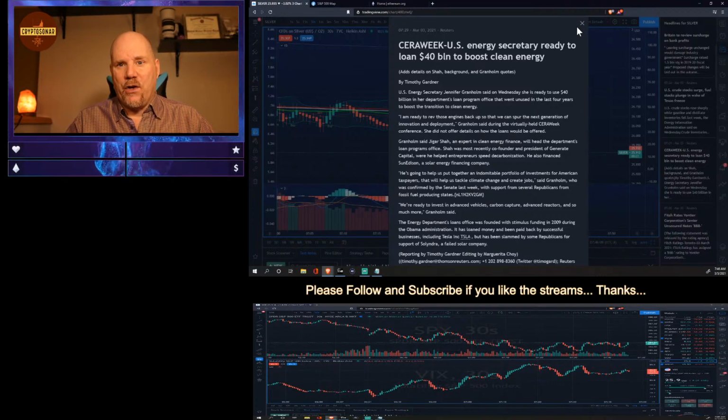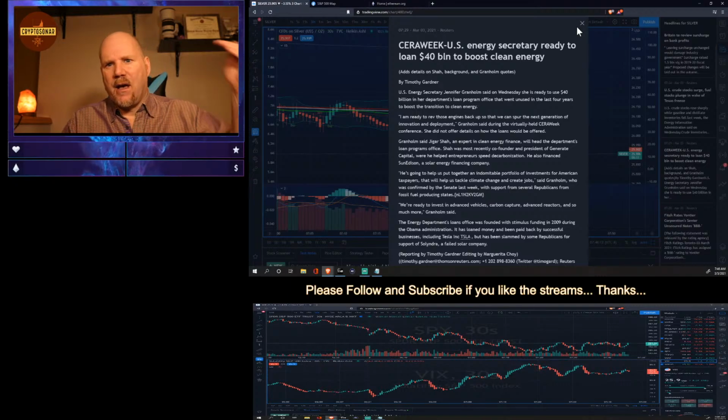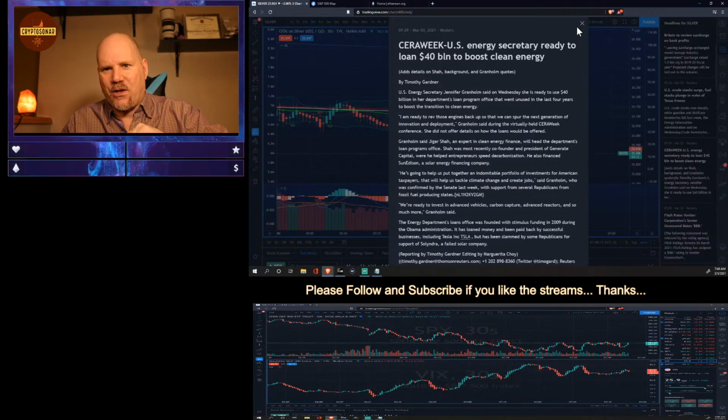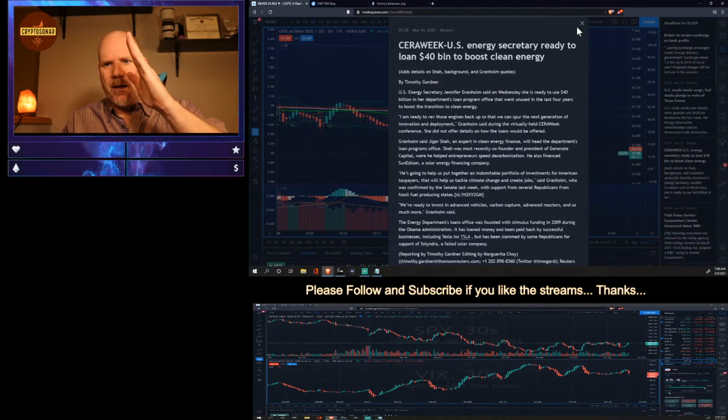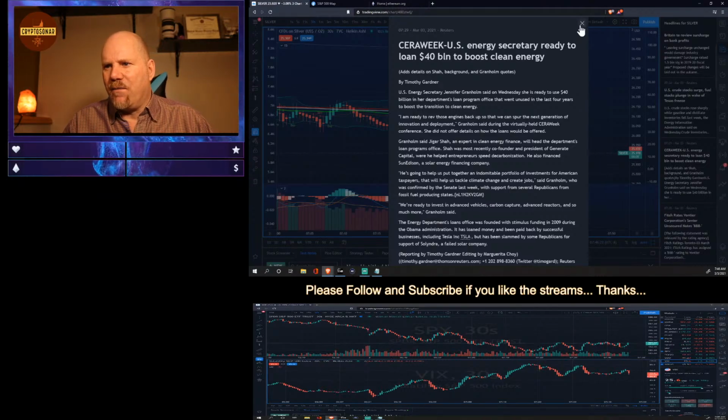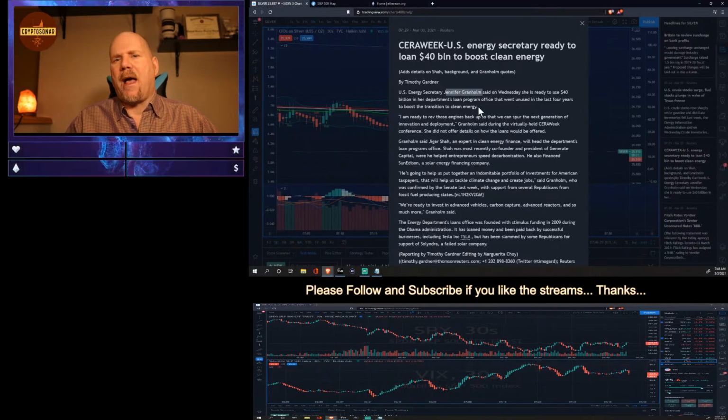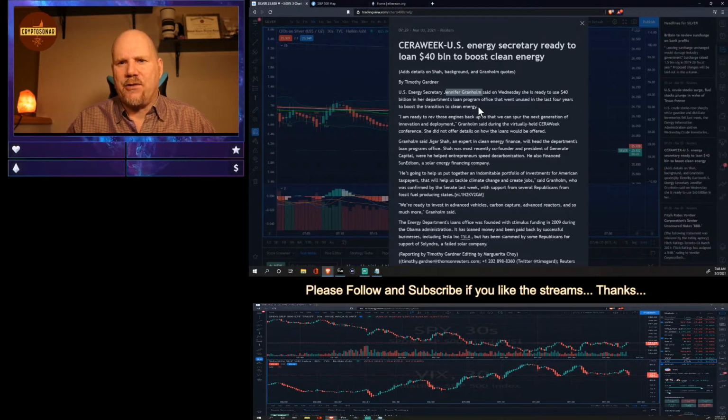Long term, we do. But if we give that $40 billion to clean energy and the markets go like this and our energy sector goes like this and oil and gas goes like this, meaning prices go up or prices go down, you can see a lot of people in the energy sector out of work. And what some of them will say, like Granholm, is well, any offsets in oil production, those people will be able to get new jobs in clean energy.